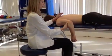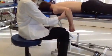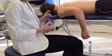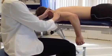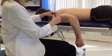And this time I'm going to go ahead and take a measurement with my goniometer. So I'm going to line up the axis of the goniometer with the greater tubercle of the humerus. So I'm going to palpate for that right there and line that up. And I'm going to take my